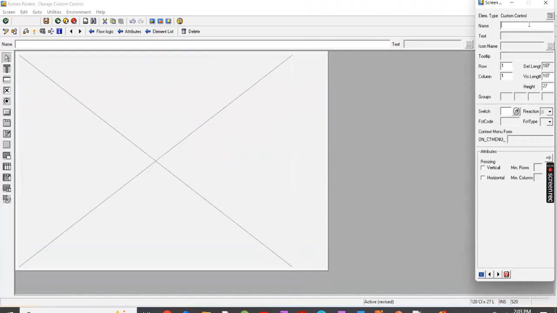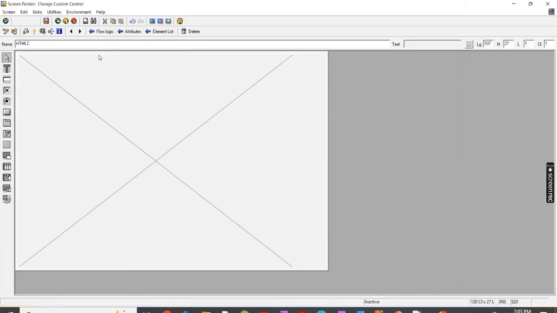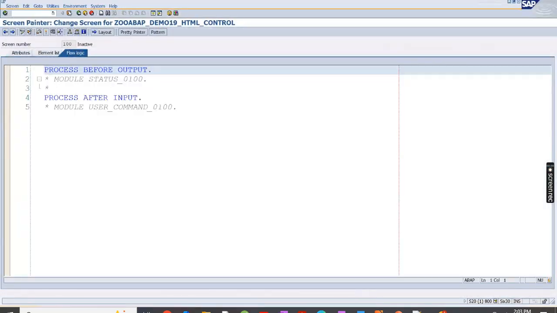Some name we have to give. So maybe HTML, HTML control, HTMLC, HTML container, something like that. I have just given it. Go to the flow logic, click on the save button, check the syntax, and